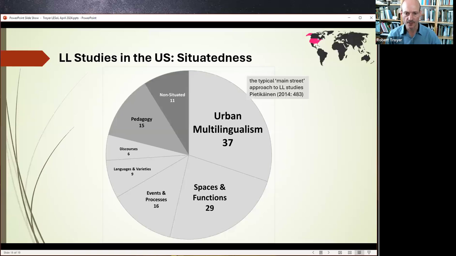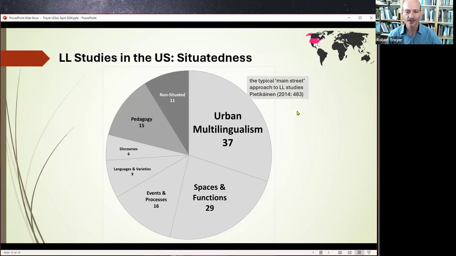So let me explain a little bit. The largest category of studies, again, we're dealing with about 123 publications. The largest category is what I would refer to as urban multilingualism. And this is what Patikkanen called the Main Street approaches to linguistic landscape studies, who I think Patikkanen presented here